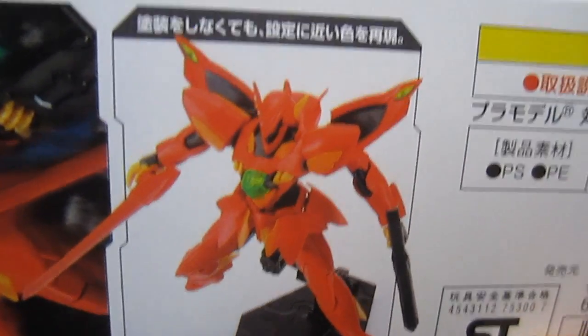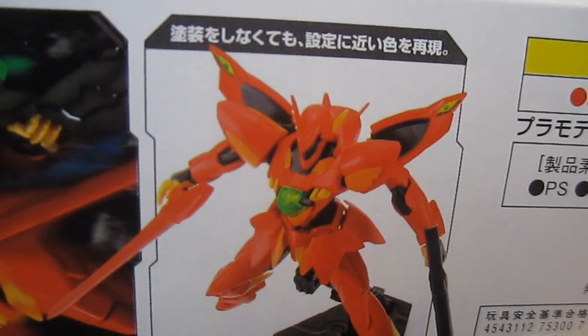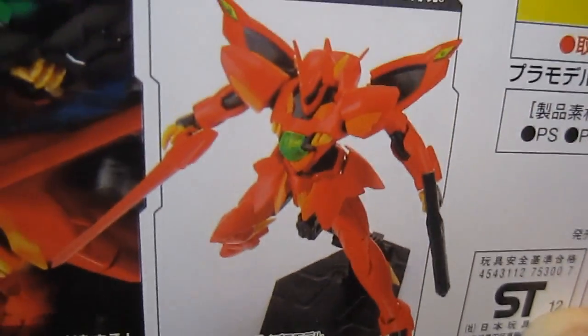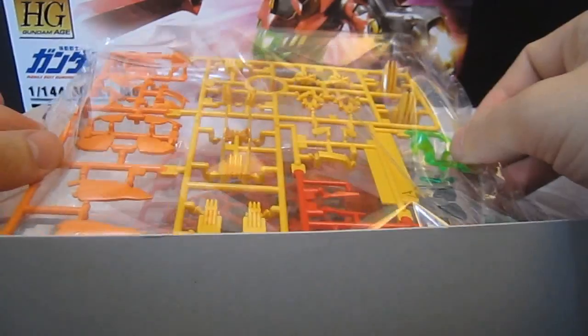And the Zeydra gun is going to look good in those closed hands there, and the clear green parts I think are going to be a real win to go along with the fact that we're seeing a little bit of inner frame and that little bit of gray in the shoulders really seem to bring this guy to life. Inside the box, you're going to be getting that oh so colorful rainbow colored A plate to go along with